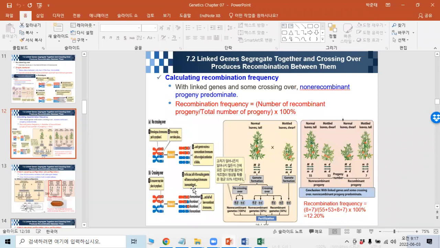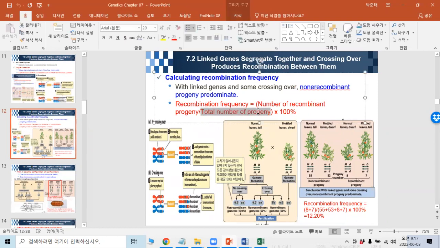And also we can calculate recombination frequency based on the total number of progeny. The number of recombinant progeny is divided by the total number of progeny, multiplied by 100. So in this case,